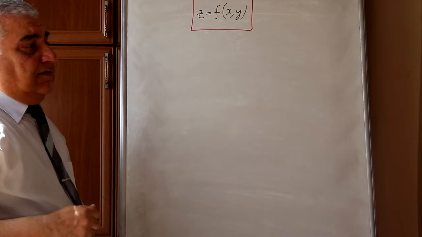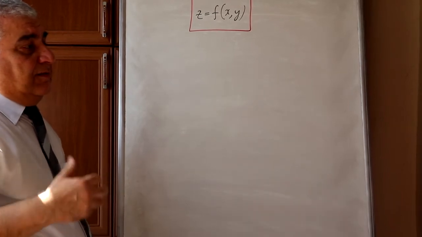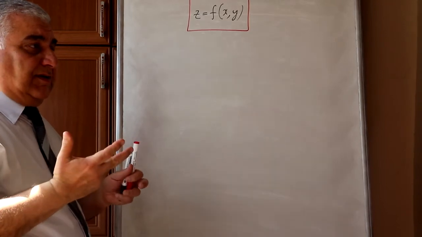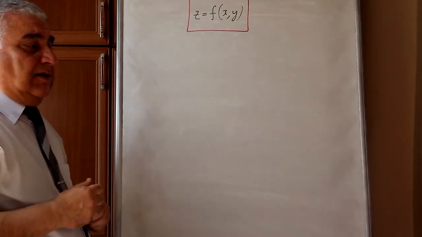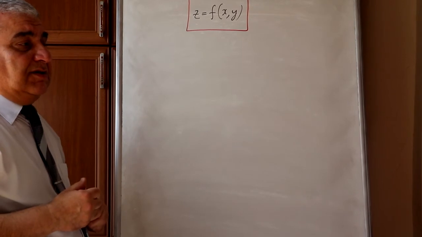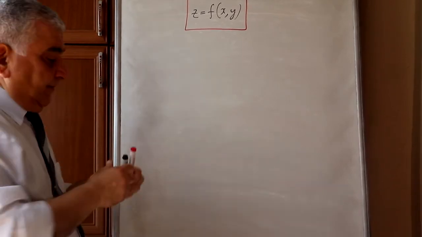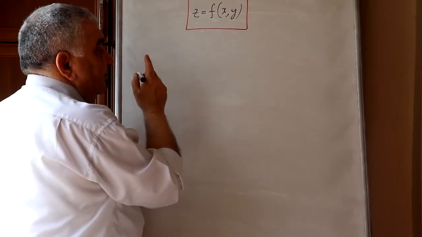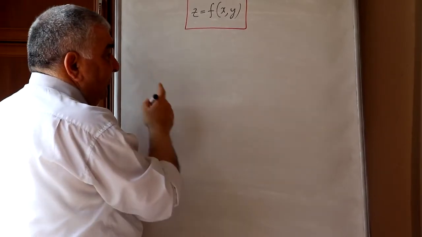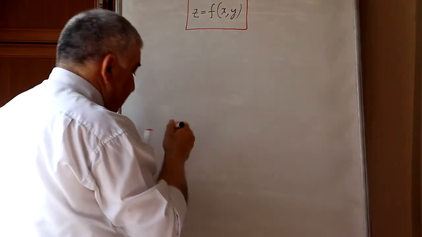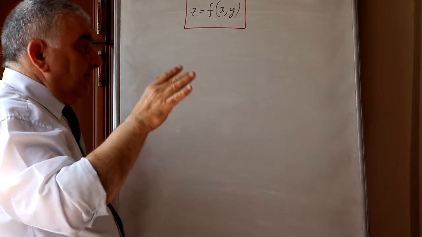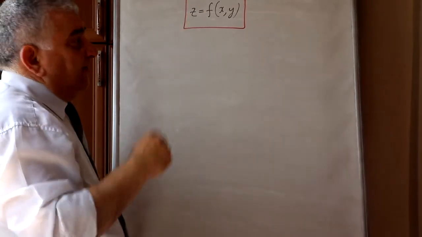This function has partial derivatives. In Azeri it is hususi töreme. In Russian it is частное производное. If we take the partial derivative with respect to x, for example, then we must consider y a constant value,